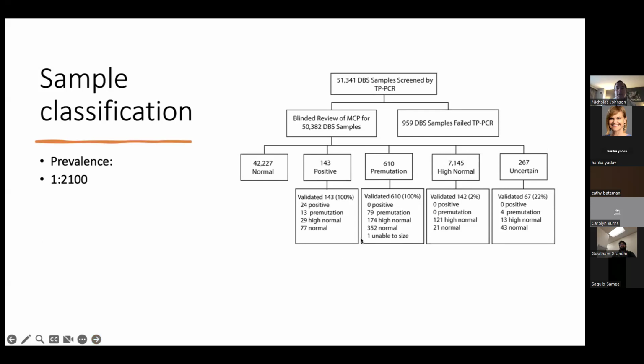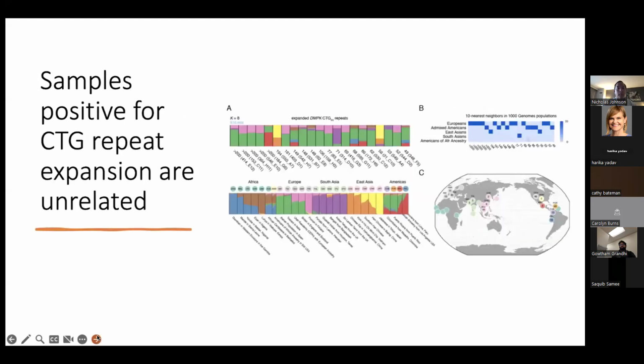And then we didn't talk about this, but there's this pre-mutation, which we think is at risk of expansion in subsequent generations, and you can see that's quite high. So really, it's a pretty common rare disease, like I said. We looked; they were not related to each other in that birth cohort. And then if you ask where they are from, or where their family's from,